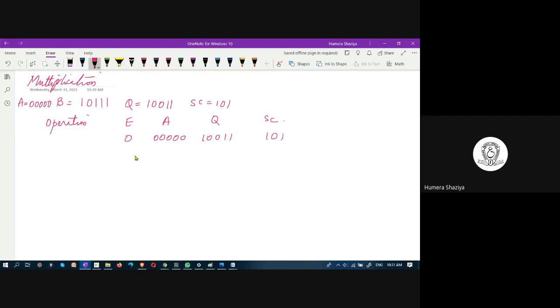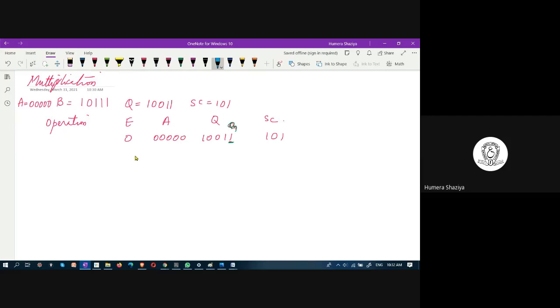And this is the Qn-th bit. This is Qn. Qn is 1. Whenever in the flow chart we know Qn is 1,